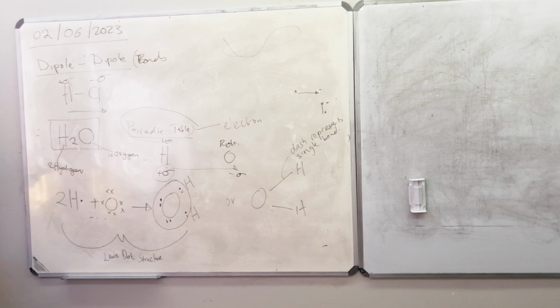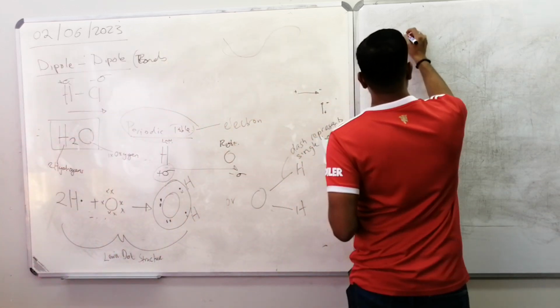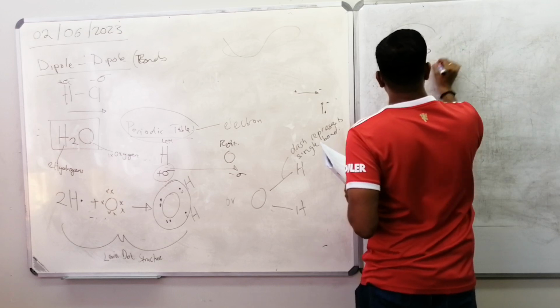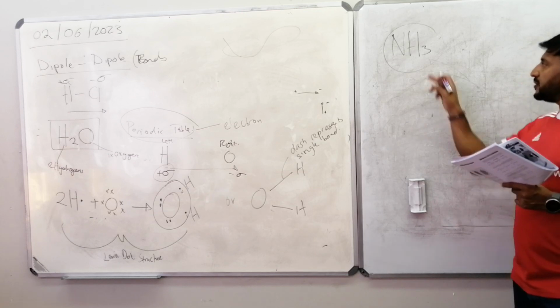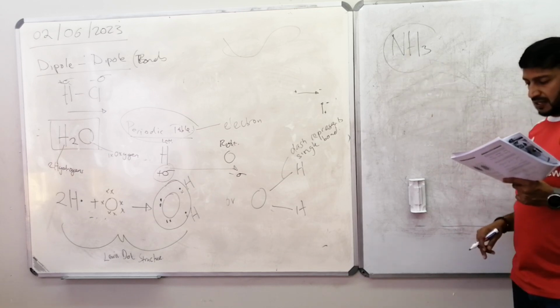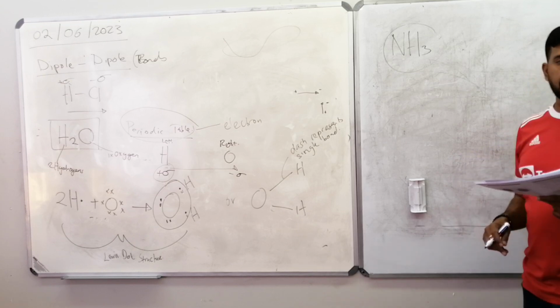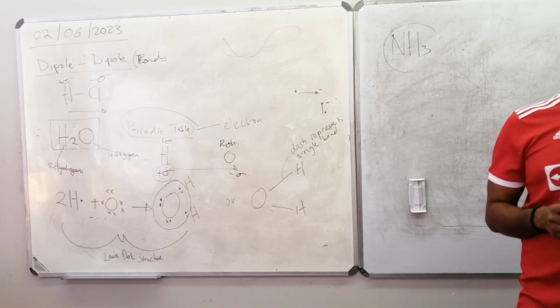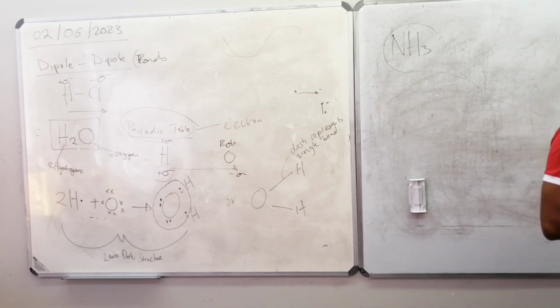So the next one we're looking at is an ammonia molecule. Ammonia is given by the compound NH3. NH3 is made up of 3 hydrogens and 1 nitrogen. Now if we go to your periodic table and we look at nitrogen, what group is nitrogen in? Let's look. Group 5. So how many electrons around the nitrogen?